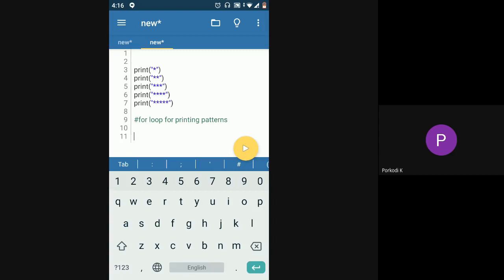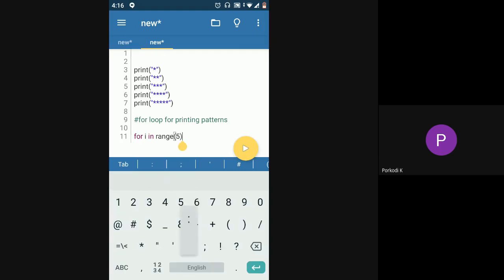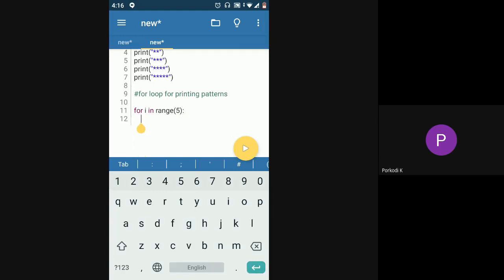So we know how much we have to print, right? That is not a variable. We know how many times we have to print something. So first thing, we know we have to print five lines. Now that we know we have to print 5 lines, which means in this case I'm using the print function 5 times, I have to run a loop 5 times. So I'll just say for i in range(5). For i in range(5), I have to print something, right?